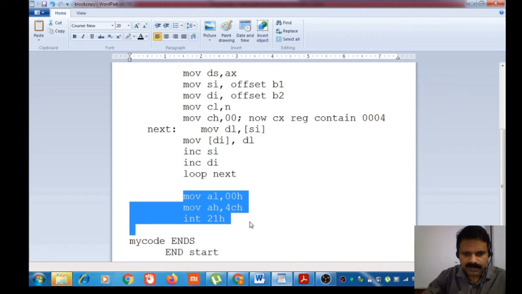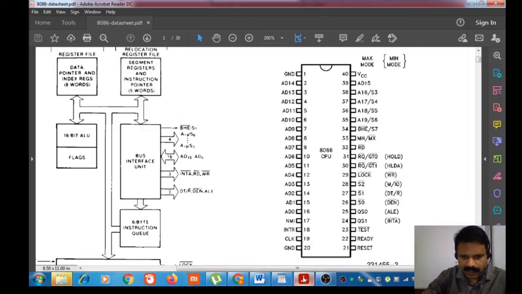Let us check the pins of 8086 for the interrupt handling. Here you can see pin number 17 and 18, NMI and INTR, then pin number 24, INTA bar. INTA bar is interrupt acknowledgement, NMI is non-maskable interrupt, INTR is interrupt request.